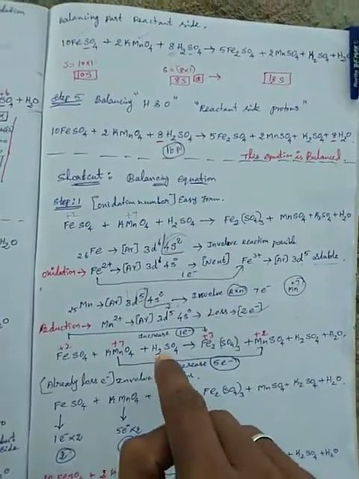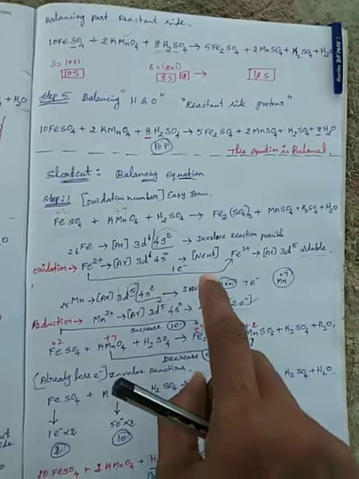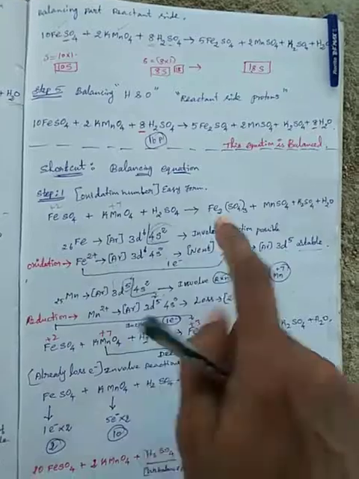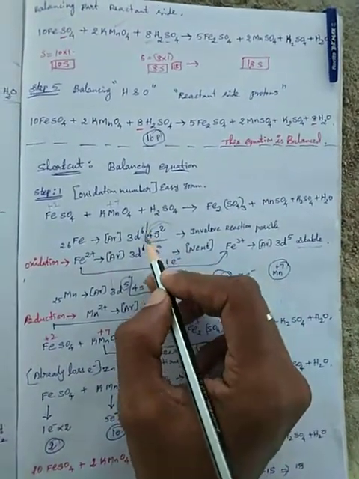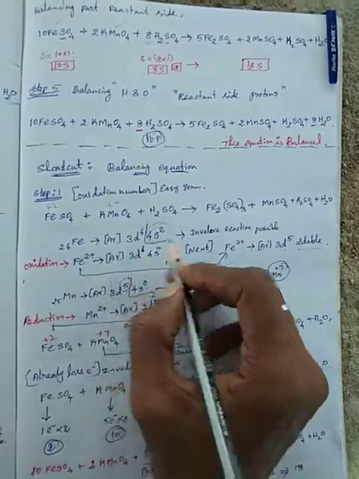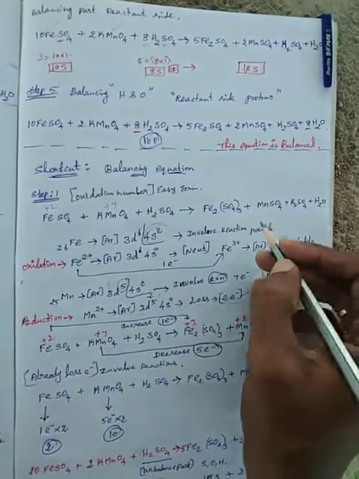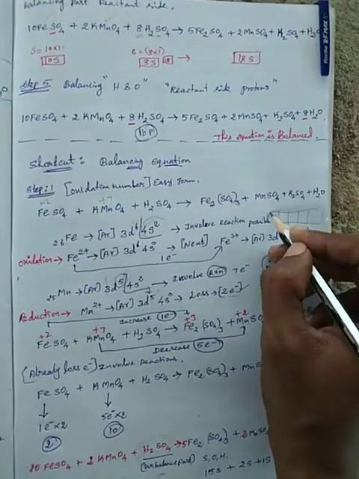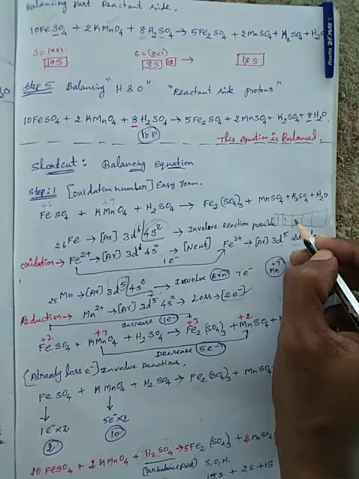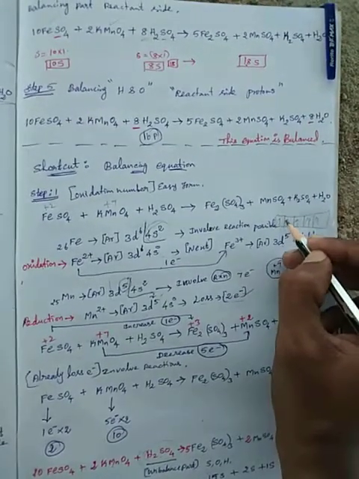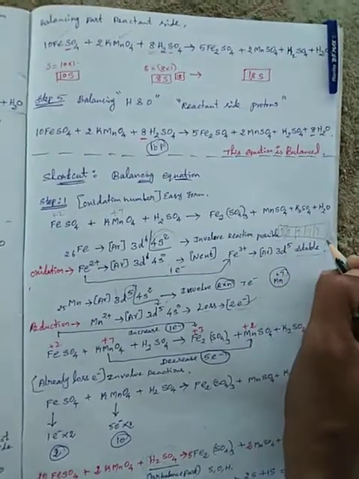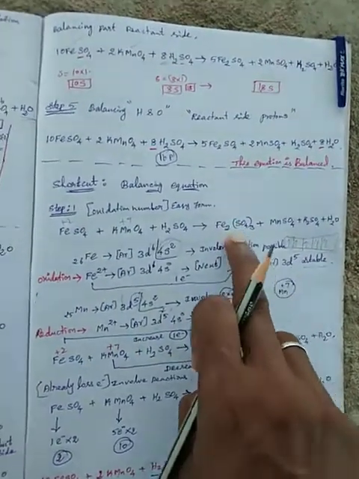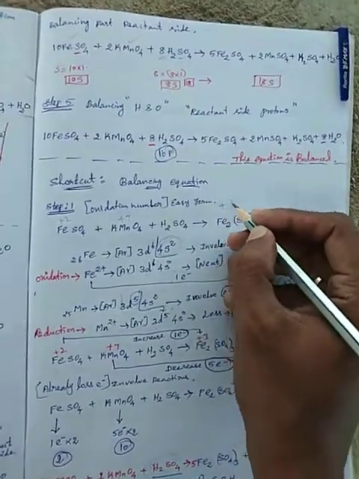Next is the product side, again the oxidation process, you calculate the oxidation number. Means 3d6, again 1 electron will be lost; the 3d orbital becomes half filled, so again 1 electron loss is possible. How is it possible? The outermost electronic configuration is 3d6: 1, 2, 3, 4, 5, 6. Again 1 electron is lost, so half filled, the oxidation of Fe2+ to Fe3+ on the product side, so mention +3.